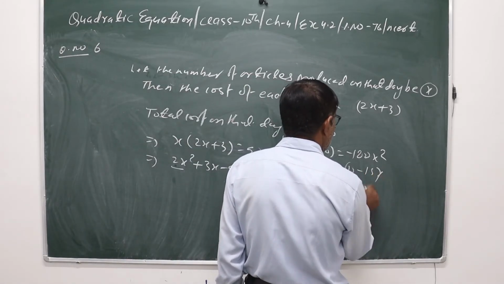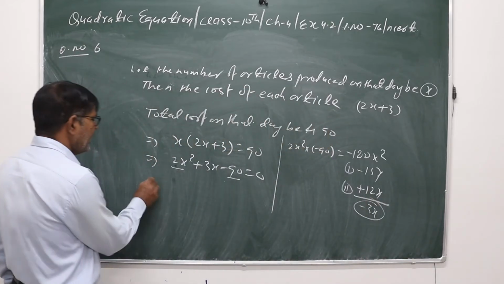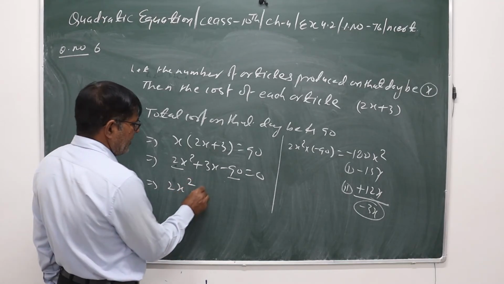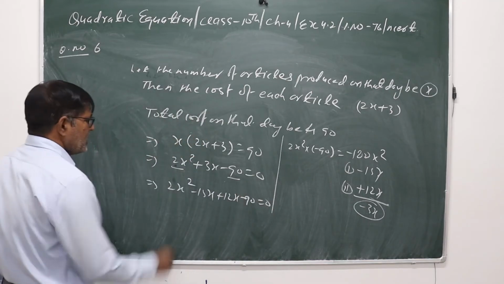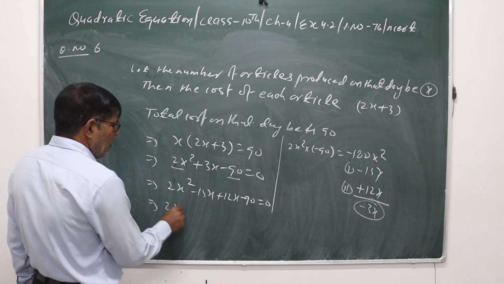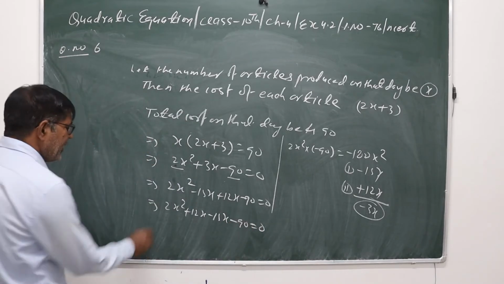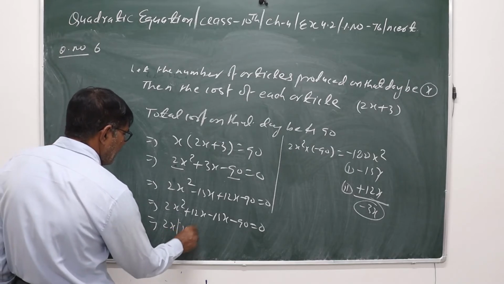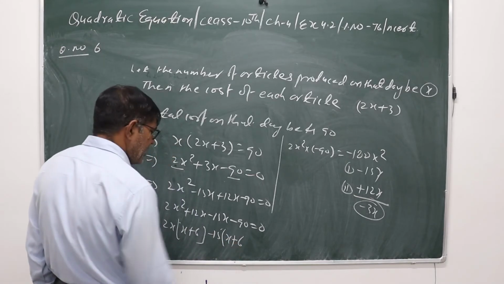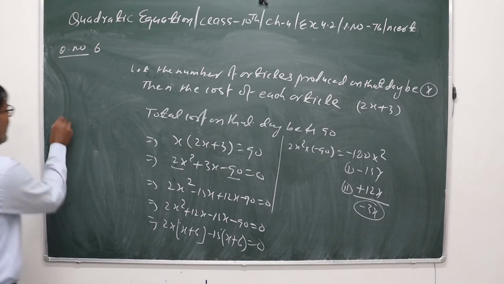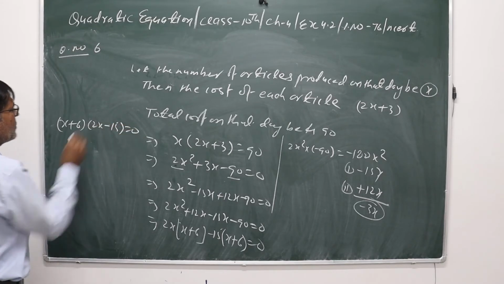सो माइनस ऑफ 15x प्लस 12x सम करने पर माइनस 3x हो जाएगा. सो इट विल बी 2x स्क्वायर माइनस ऑफ 15x प्लस 12x माइनस 90 इज इक्वल्स टू 0. ओके, we can write here 2x square plus 12x minus 15x minus 90 is equals to 0. यहाँ से हम 2x अगर कॉमन ले तो x plus 6 minus of 15 अगर कॉमन ले तो x प्लस 6 इज इक्वल टू 0. नाउ x प्लस 6 इंटू 2x minus of 15 is equals to 0.